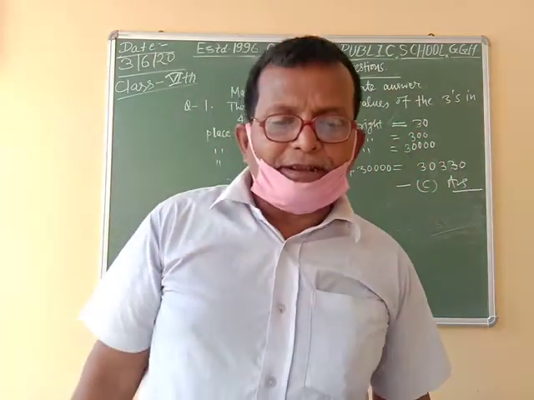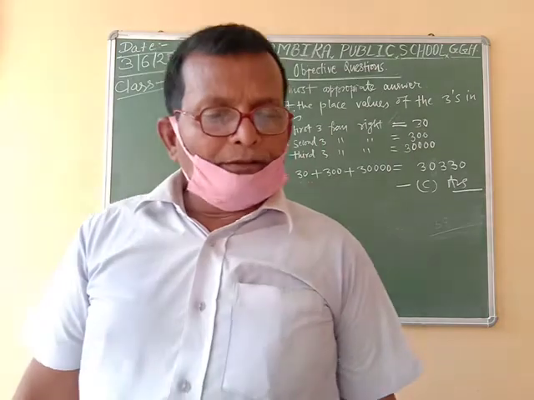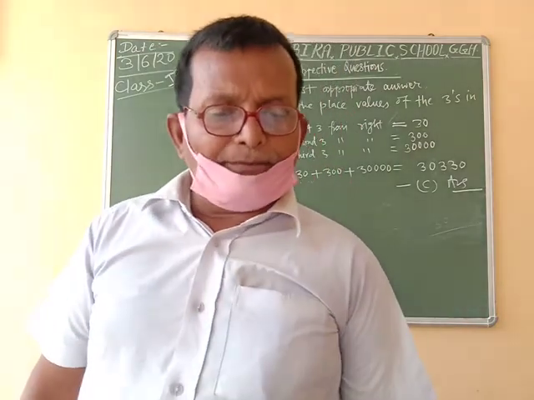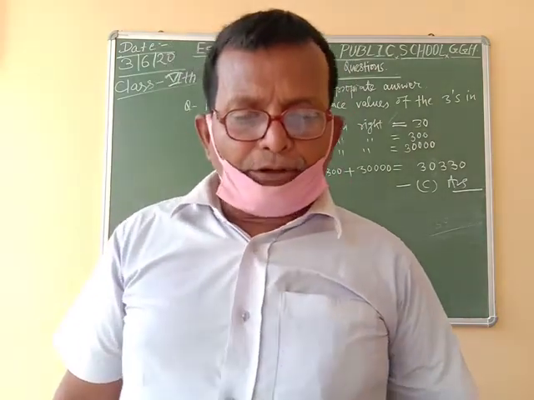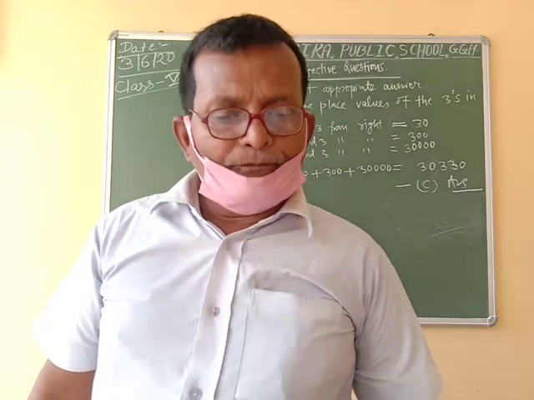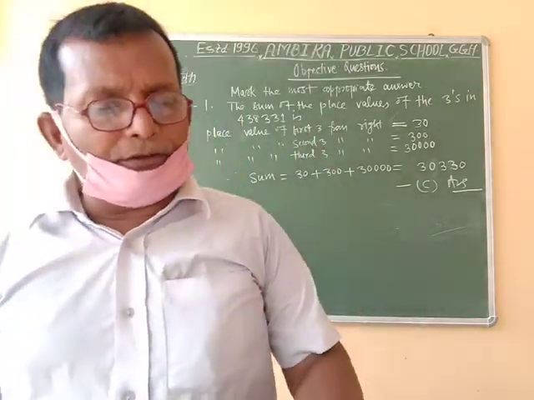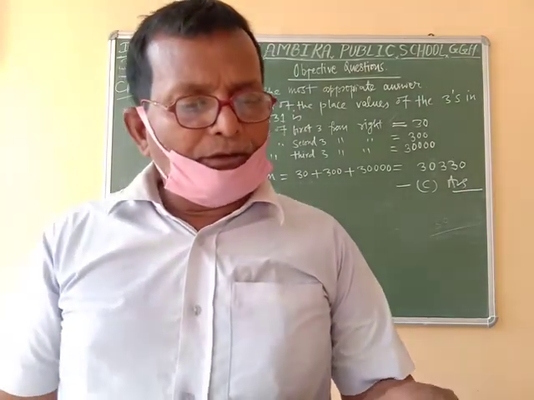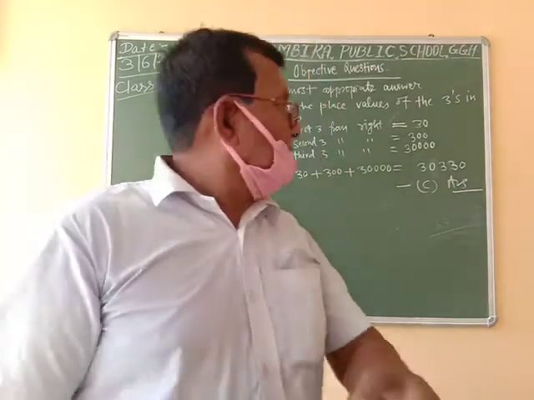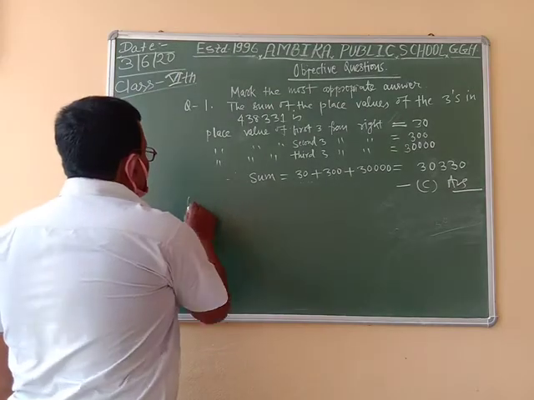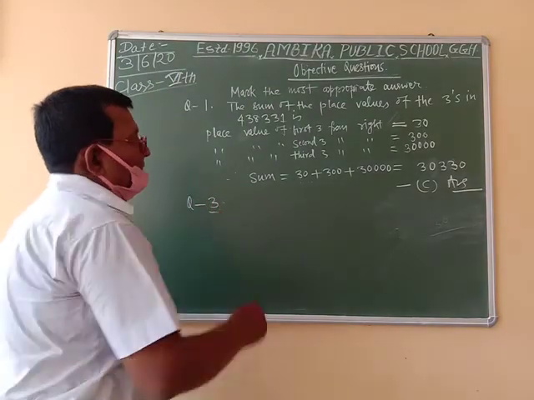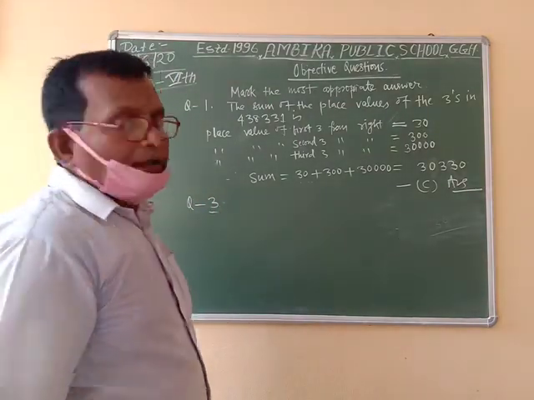And the second question: the product of the place values of 5 in 235652. I hope that similarly you can solve this question, question number 2, and I am going to solve question number 3. In question number 2, we have to find